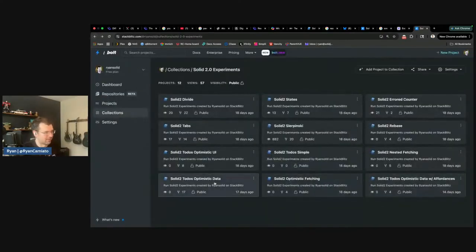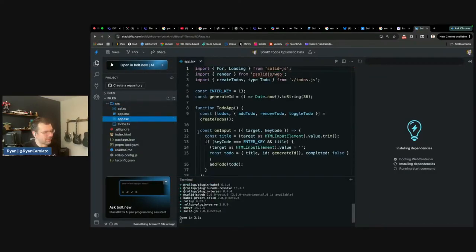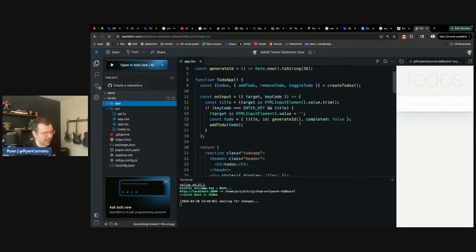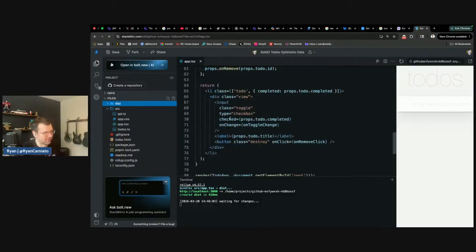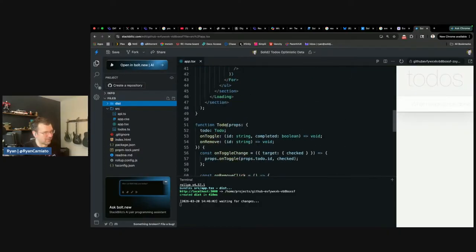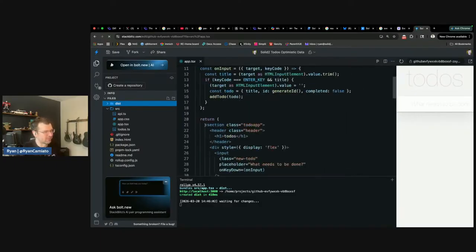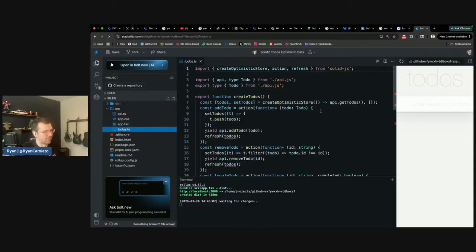Why I still love this optimistic data example, because of the difference between the synchronous app here, where you just show your to-dos, do all the stuff. There's no promises in here. I can't even see any async in here. I just wrote a to-do app that works. And I've managed to put all the actions, all the optimistic updates, all the